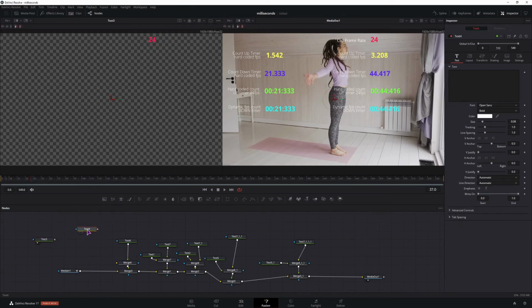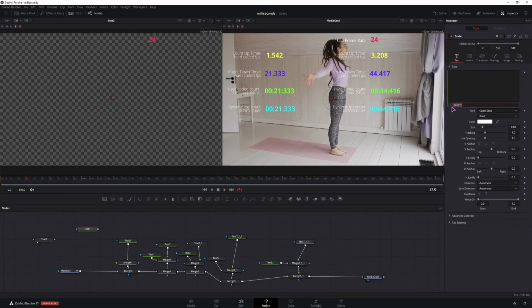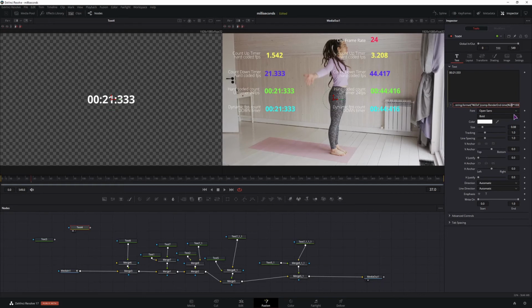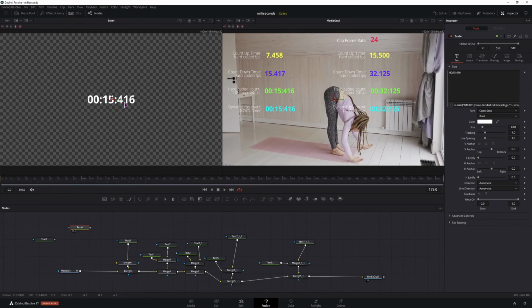Now if I make a new text node, hit the expression, go here and say maybe dog + 1 and display it, it will display 25. So it knows that the dog value is 24. So how can we use this to our advantage? So instead of this expression, which has the hard-coded value, I'll use this one. So I'll type dog anywhere I see 24. Now as you can see, it changed. We have 3 decimals.